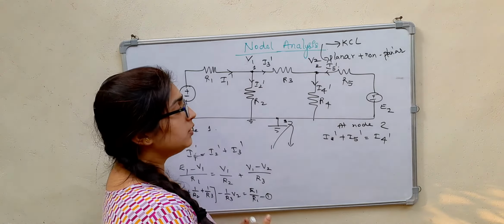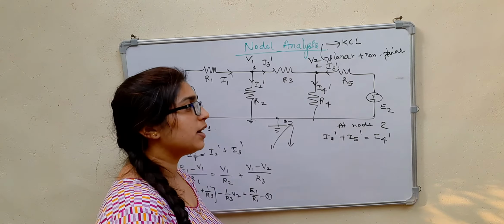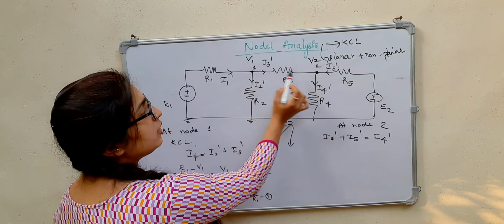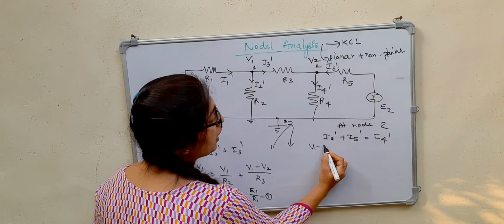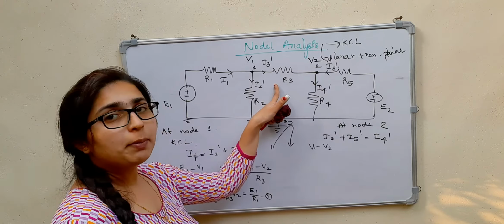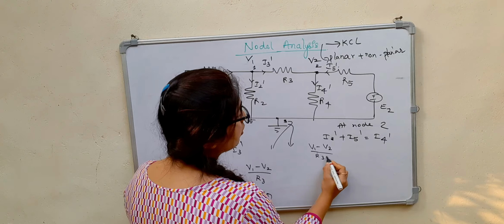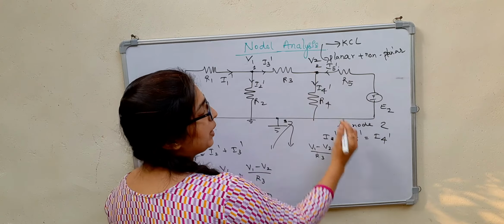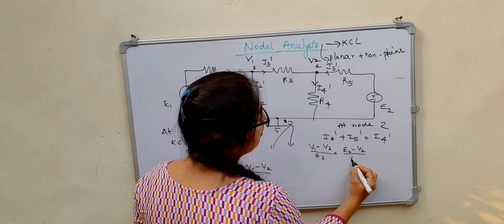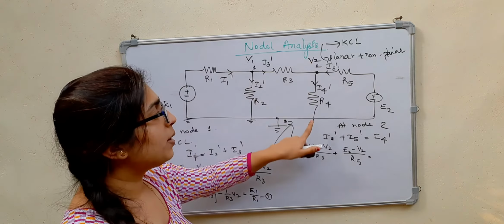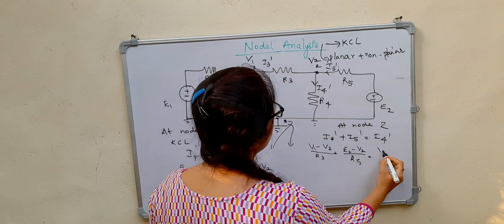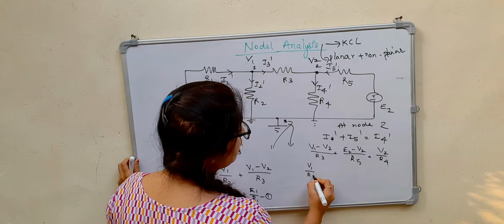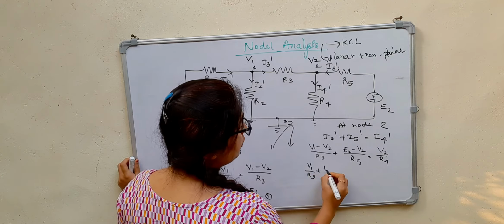Next, when we consider the KCL at node 2, we have I3 dash plus I5 dash is equal to I4 dash. So I3 dash is nothing but, now we are considering this point, V1 minus V2, so higher potential minus lower potential divided by the resistor, that is R3. Then here we have 0, then minus is first, so it is plus E2, E2 minus V2 divided by R5. I4 dash is V2 minus 0, this is ground, right? V2 minus 0, divided by R4. Then we have V1 by R3, then we have E2 by R5.